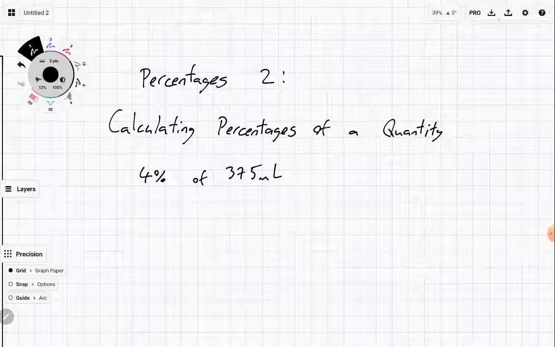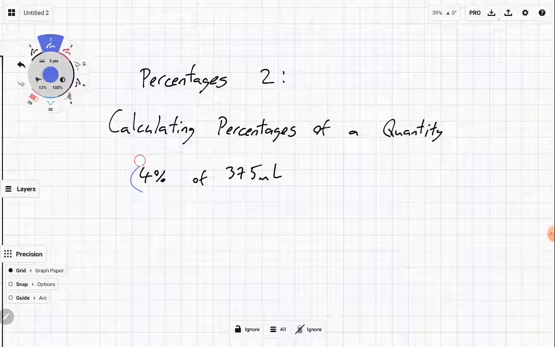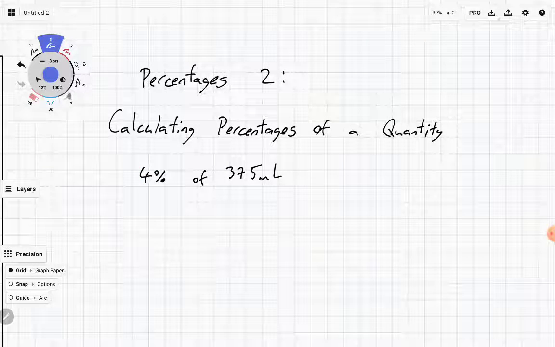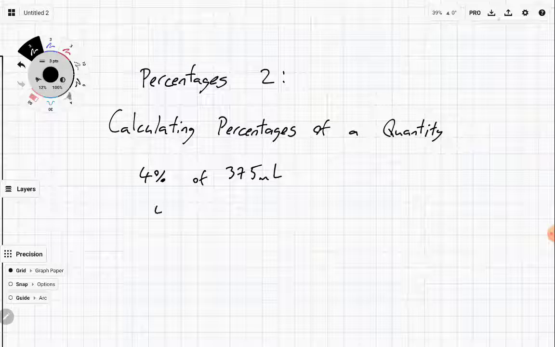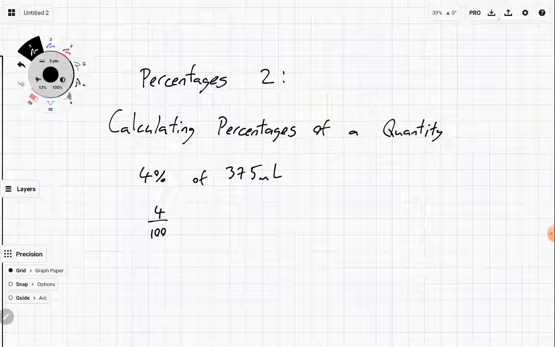Now, all of last lesson, we were converting to percentages. This here is a percentage. It already is the thing that it is. 100 has to come up in some way, but it's going to come out in the opposite way that it did before. When we were going to percentages, we multiply by 100. So whenever we need to undo something, we're always going to be dividing instead. So we're going to go 4 over 100. It's no longer a percentage. Why? Because I've written it in its fraction form instead of writing it as a percentage. And now I'm going to multiply it by